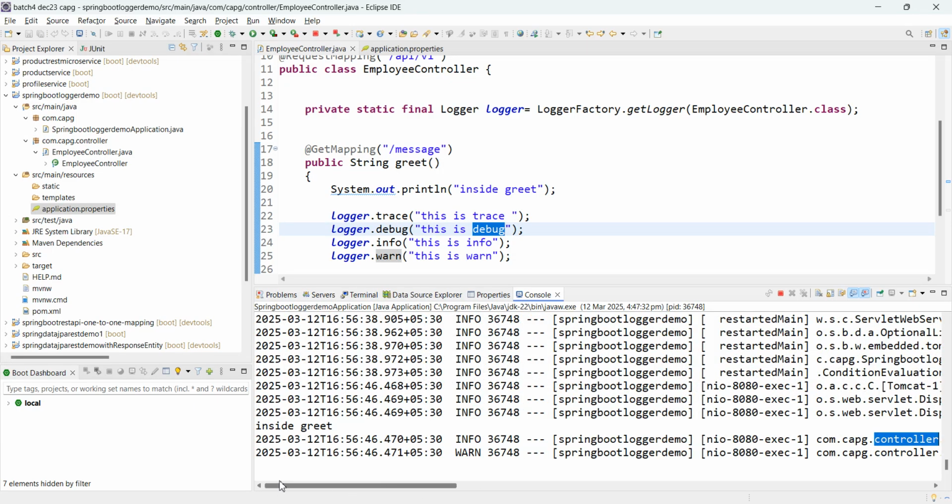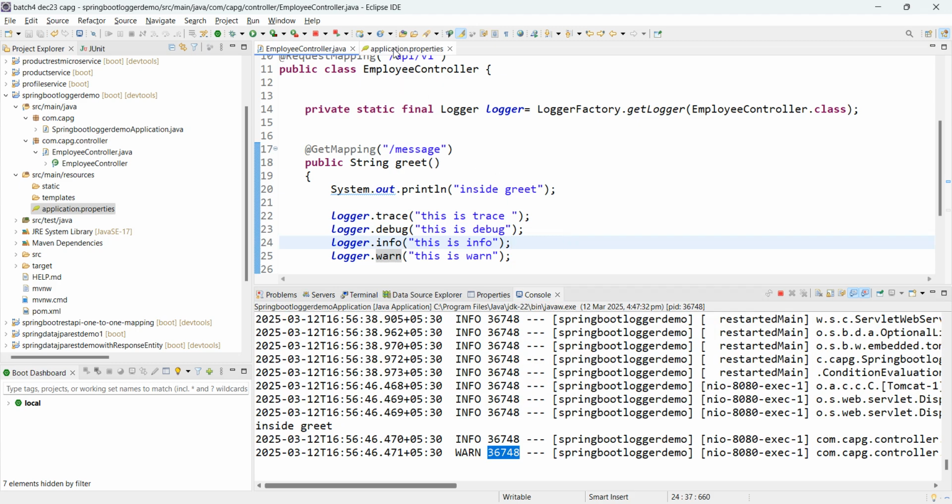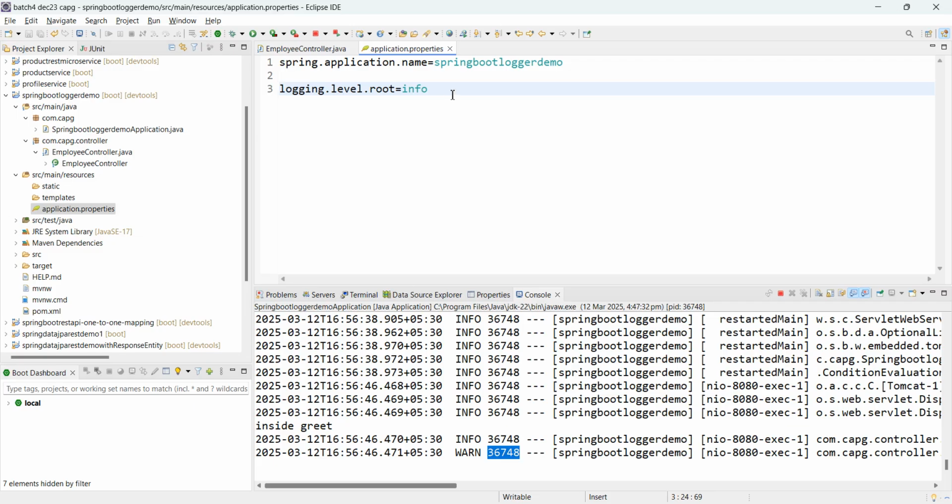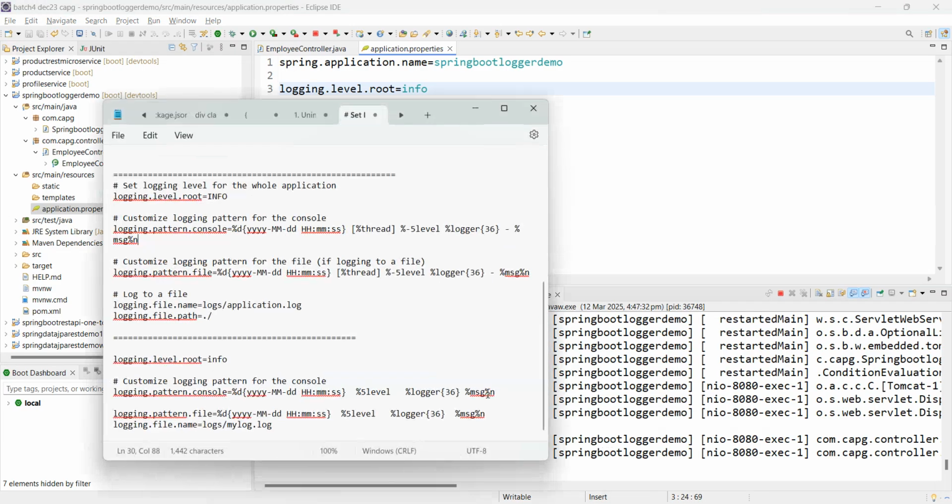The format prints today's date and time, the message, the info level or warning level, and which thread it is running on. You can format this message. How can you format it? You go to the properties file, where the formatting options are. This is the way you can format it.